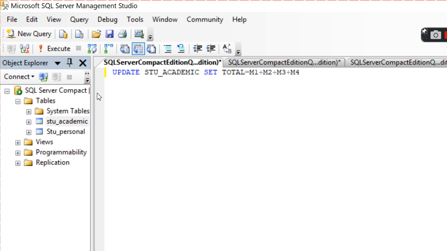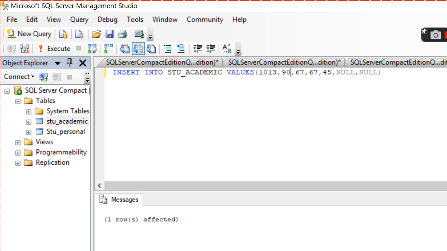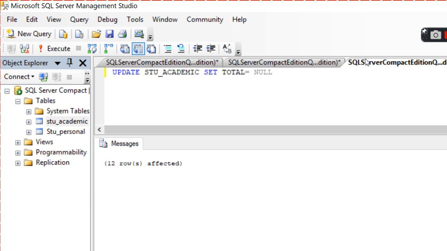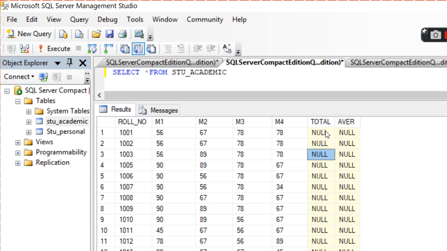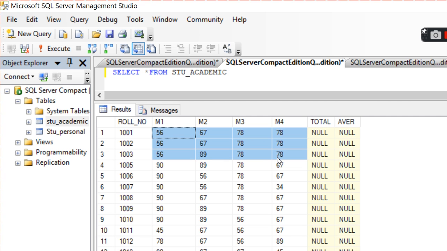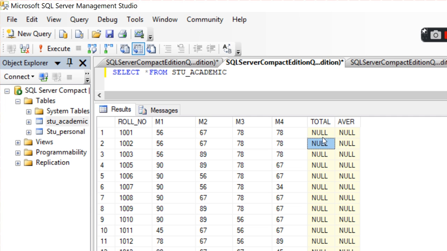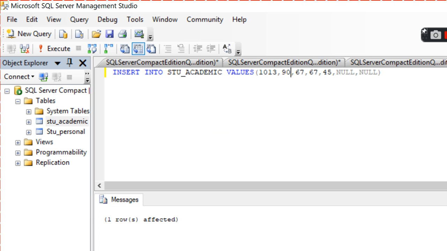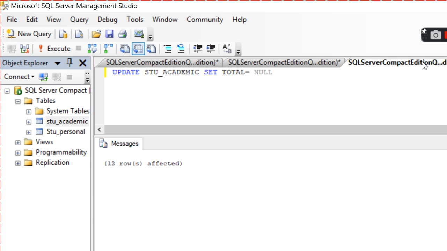I'm just going to update a particular field, that is, you see here. So now this total, we are just going to make by summing up all these things. Right now the total is null, and I'm going to add those things up and make this total. Now you cannot enter any other total marks. Total marks are the one where four things have to be added and given here. Average is the total divided by 4.